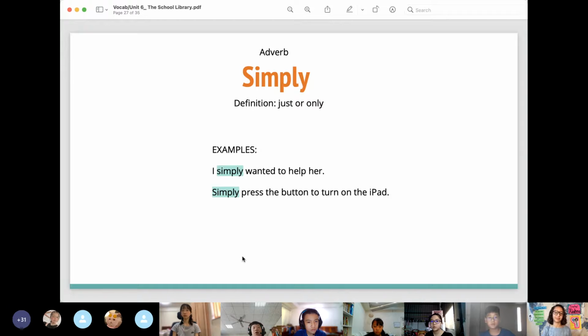I simply wanted to help her. Simply press the button to turn on the iPad. Very good. So I'll be honest, the word simply is a word that is hard for me to